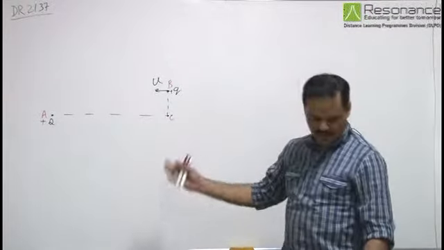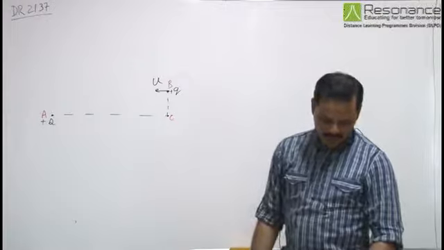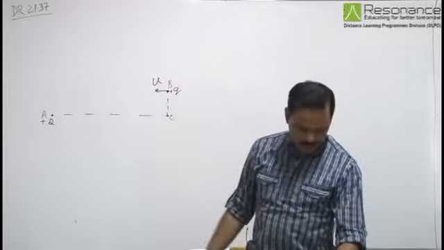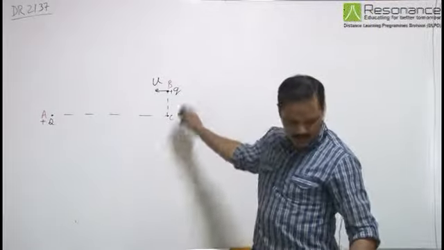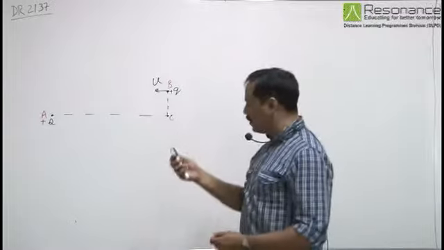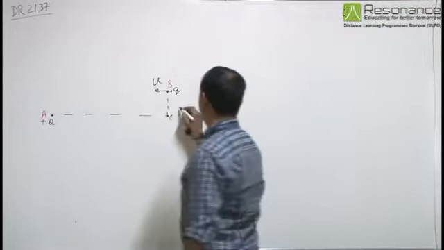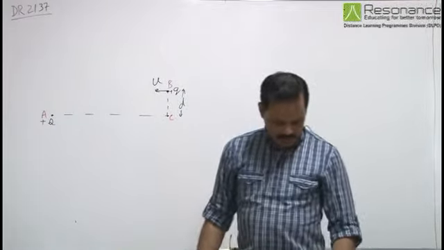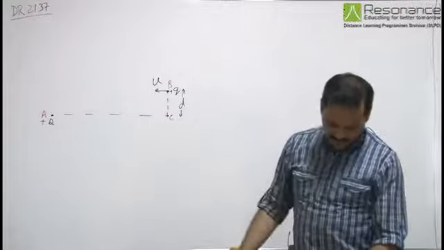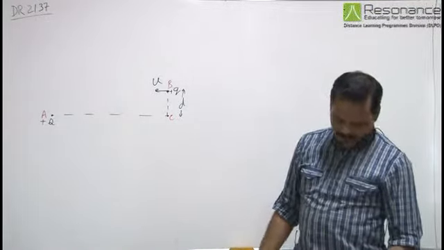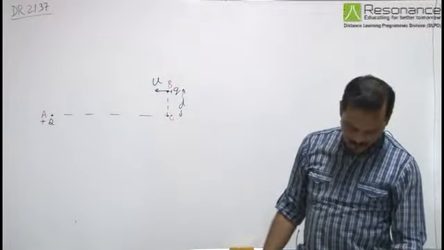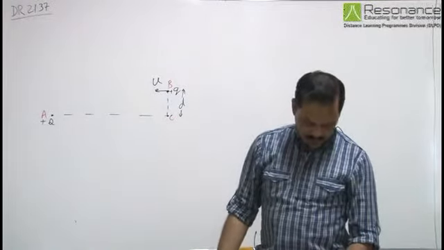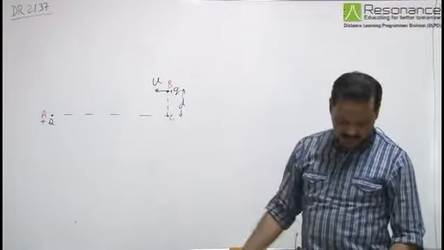Here a positive charge plus Q is fixed at a point A. Another positively charged particle, small q, of mass m is projected from point B with a velocity u, where the BC distance is d. Now the point B is at a very large distance from A and a distance d from the line AC. Initial velocity is parallel to this particular line AC. The point C is at a very large distance from A.